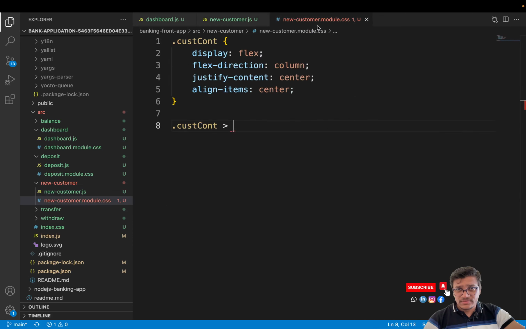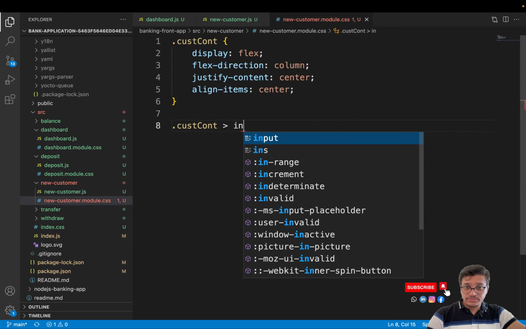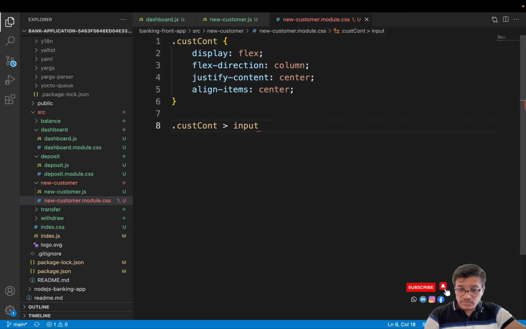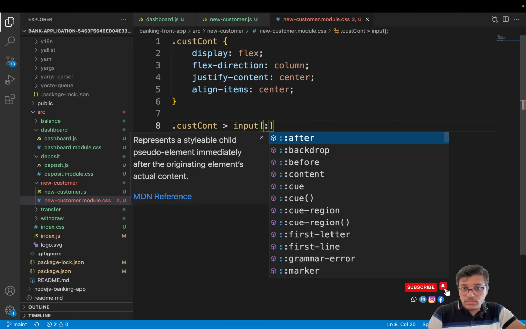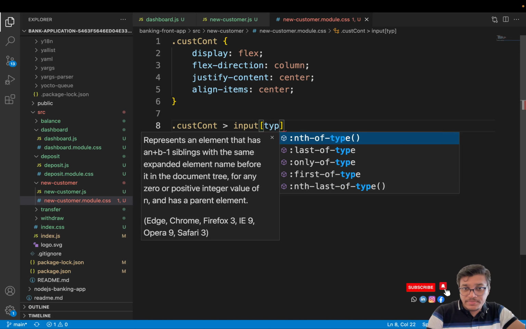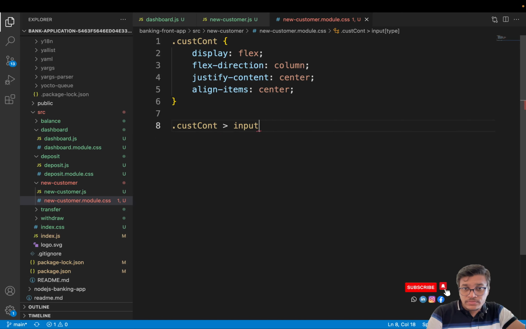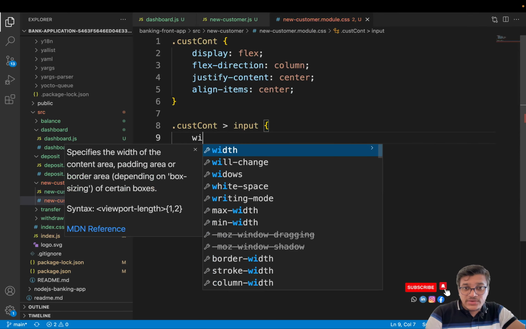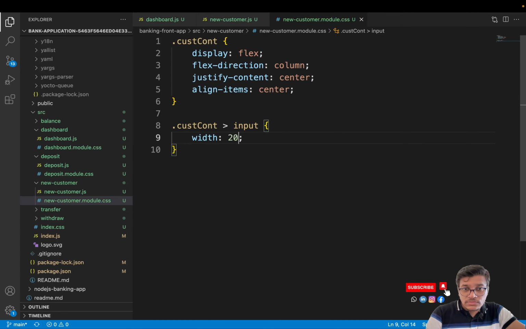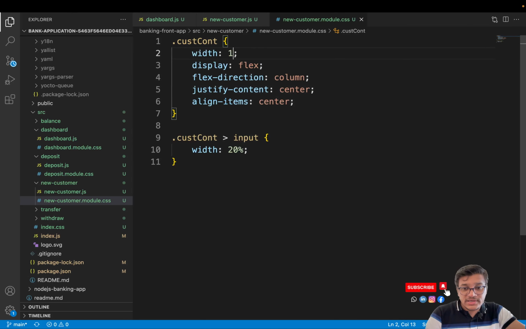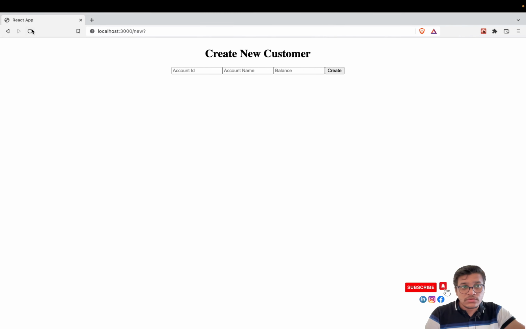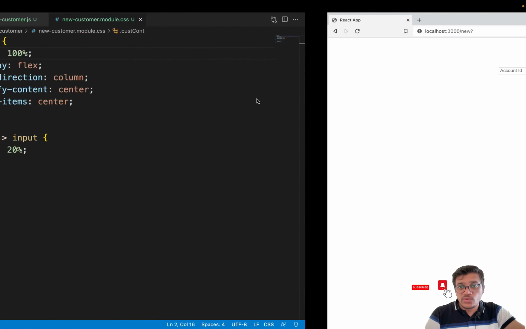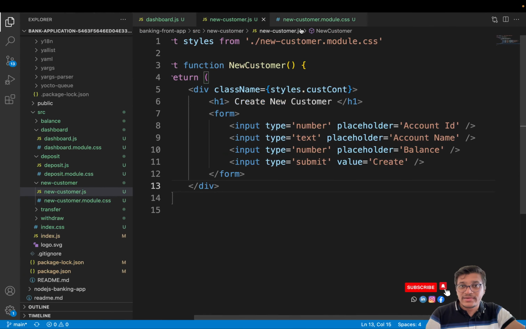Input type. Okay, all the inputs over here. We can say width 20%. Let's give width as 100% to this. Okay, it came in one line. We don't need it in one line,